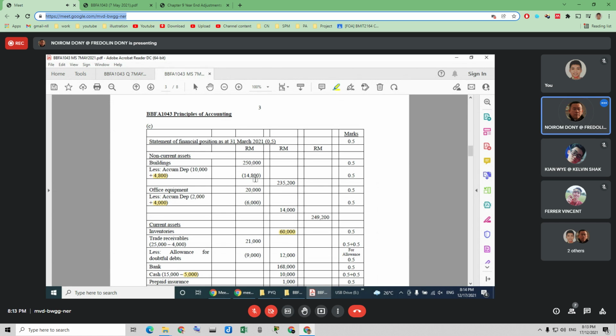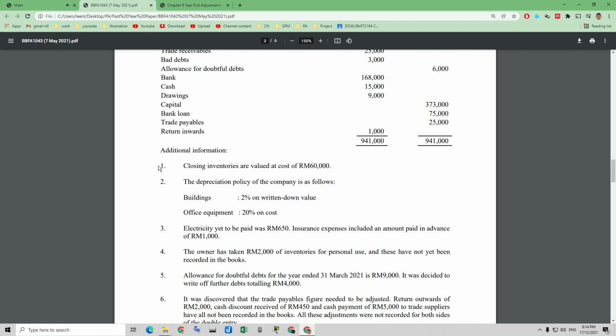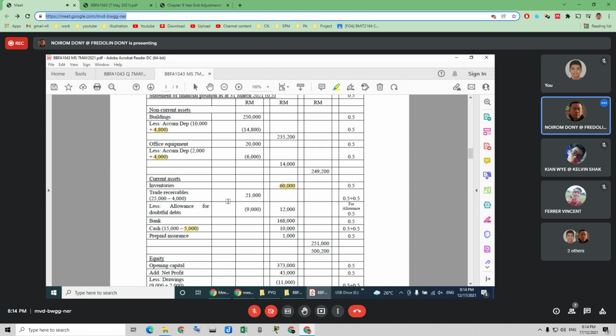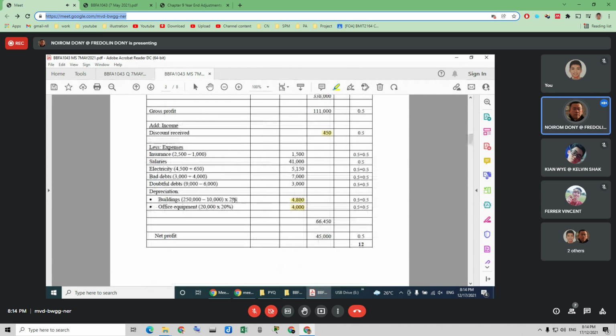So that is notes number 2. Now, notes number 3. Electricity yet to be paid was 650. So look at the words "yet to be paid", meaning it's not being paid, but it's already incurred. So if it's stated as not being paid, that sentence is already indicating to you accrual expenses. So accrual expenses, as what I've said to you,